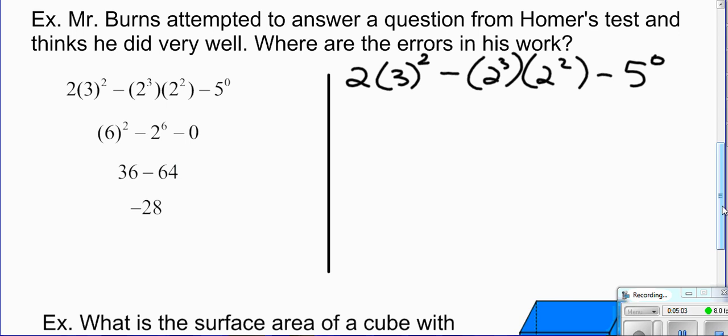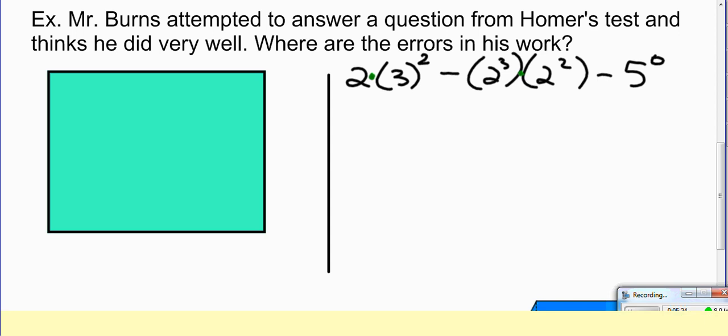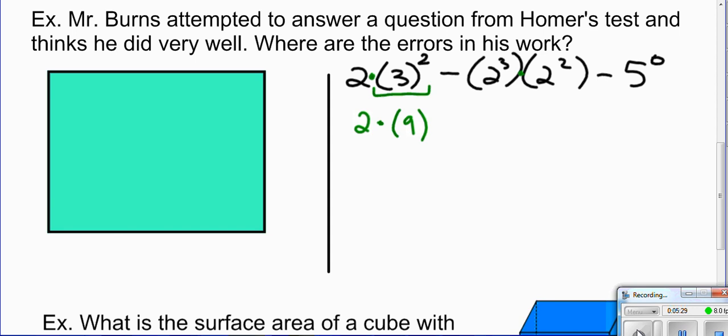Okay, so I'm going to cover up their work and I'm going to solve it for myself. Okay, we've covered it up. We're going to solve it on our own. And so first thing we do, okay, we're thinking BEDMAS. We've got some multiplying. We've got some exponents. So we're going to evaluate our exponents first. So 3 to the power of 2, so that's the same as 2 times 9 minus,